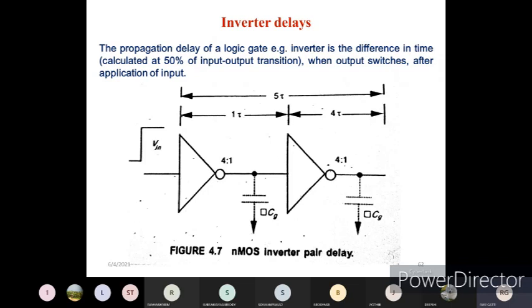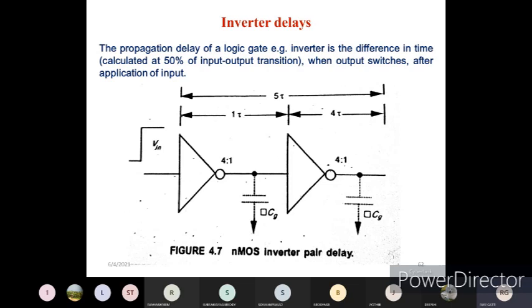So the time taken for the signal to reach from 0 to 1 or 1 to 0, we are going to call it a propagation delay in the case of inverter delay concepts. Okay, so this is how the propagation delay takes place in the case of MOS transistors. It has been depicted over here. You can see for the first time, the propagation delay that was included, that is 1 tau, it has been generated, whereas in the second it was generated as